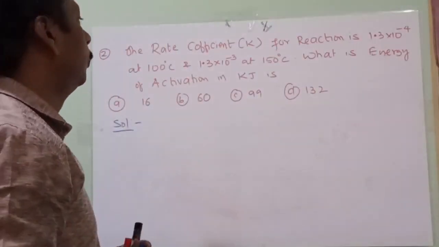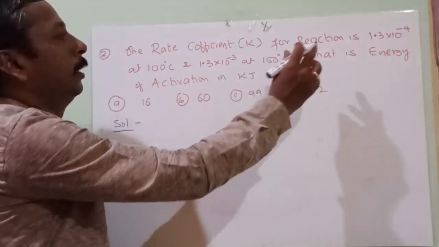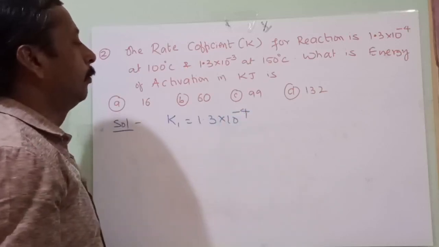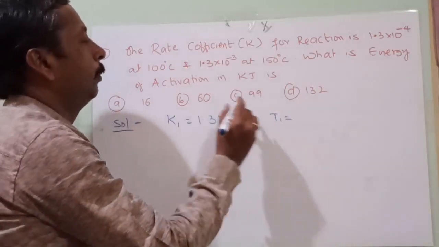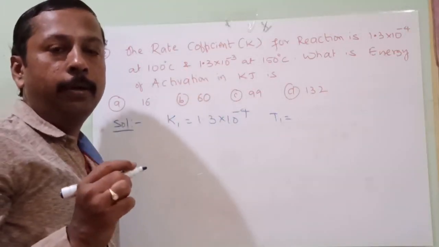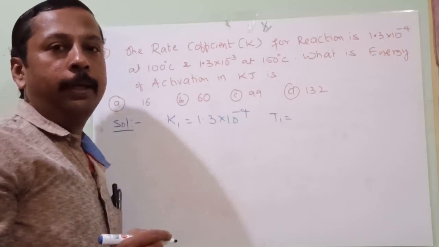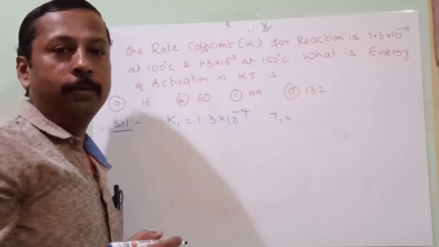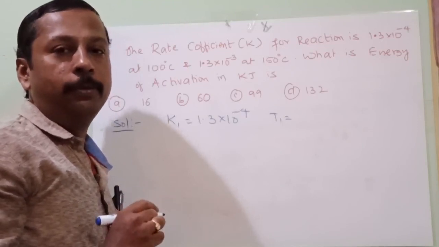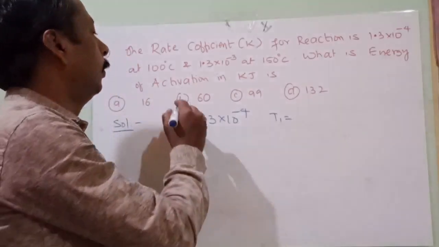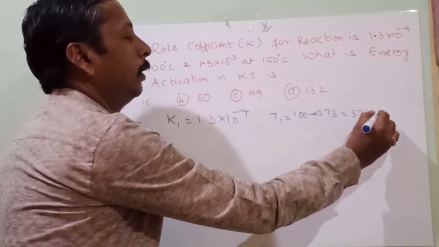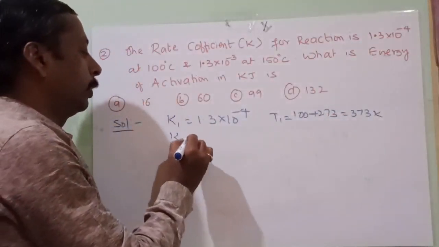Okay. So rate coefficient, rate constant, K1 is equal to 1.3 into 10 to the power of minus 4. And the mistake people make is directly substituting 100 degrees Celsius. Don't forget, always, it is a good habit, like washing your hands before food is a good habit, converting the temperature into Kelvin before substituting is a good habit. Okay, so 100 plus 273, what is the answer? 373 Kelvin.